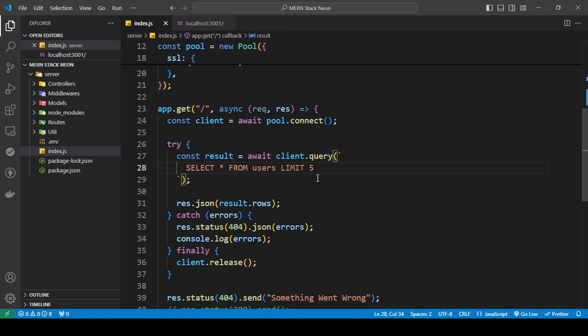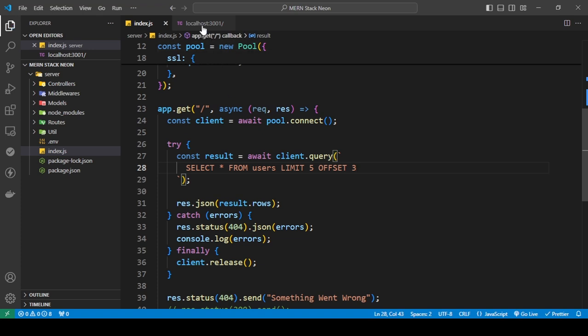Starting from not the first user, but from the 4th user, okay? So I'm gonna say offset, and I'm gonna specify offset this by 3 users, okay? And I'm gonna save